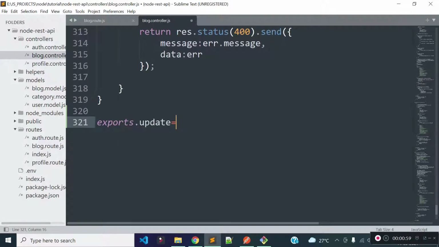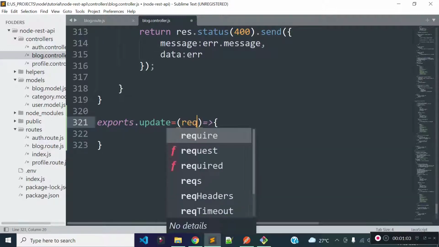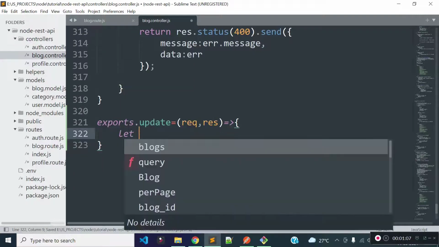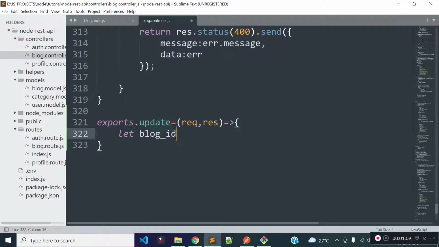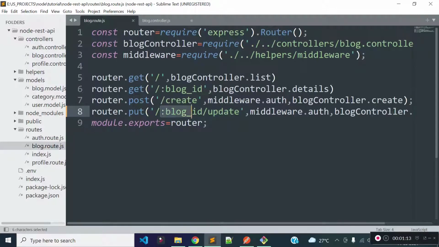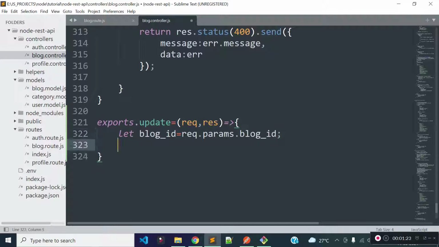and then let's get request and response as parameters to this method, and then I'll create a new variable called blog_id where I'll store the blog id which is present inside our request URL as a parameter, and we can get this blog_id with the help of request params object, and the parameter name is blog_id,